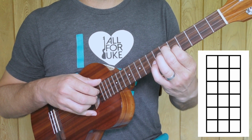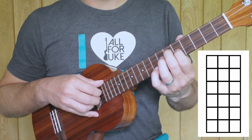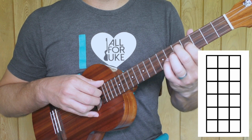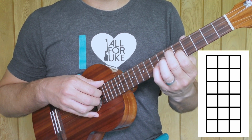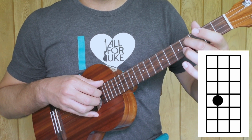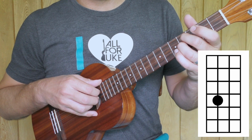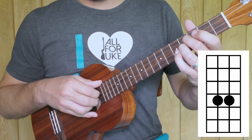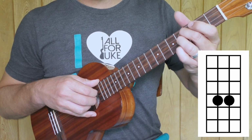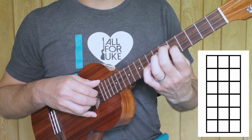The second chord is an E chord, and we're just going to take our fingers and slide them down. I'm taking my middle finger, sliding it from the 6th fret down to the 4th. And I'm going to play middle finger on the 4th fret on the C string, ring finger on the E string on the 4th fret. And that's my next pluck. So far I have